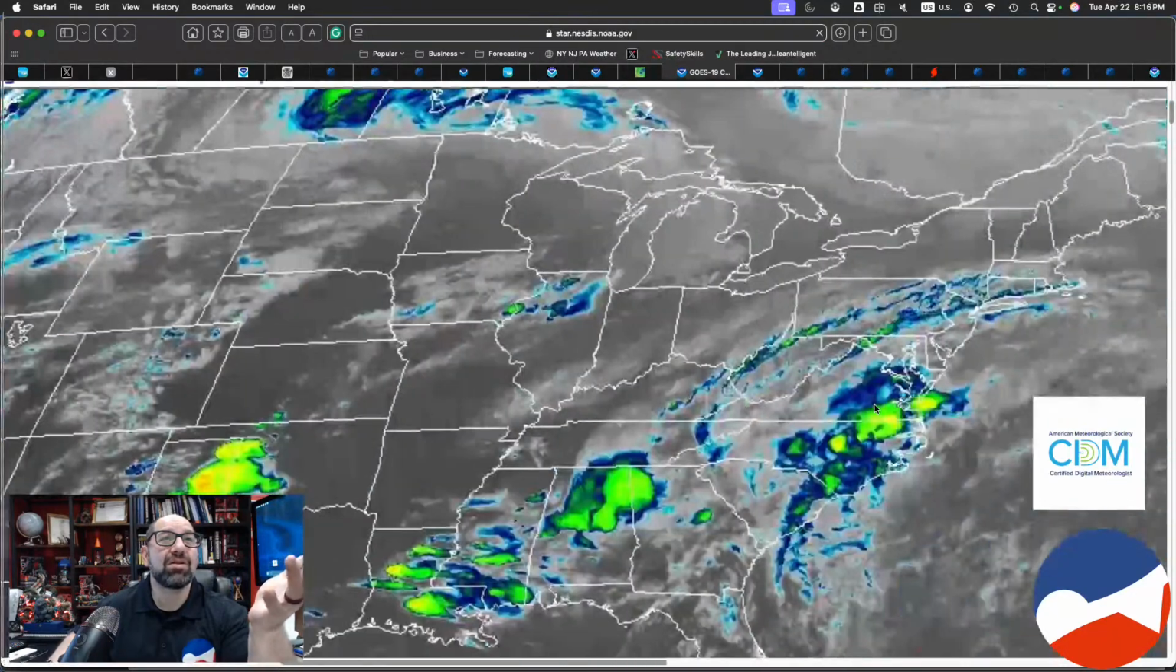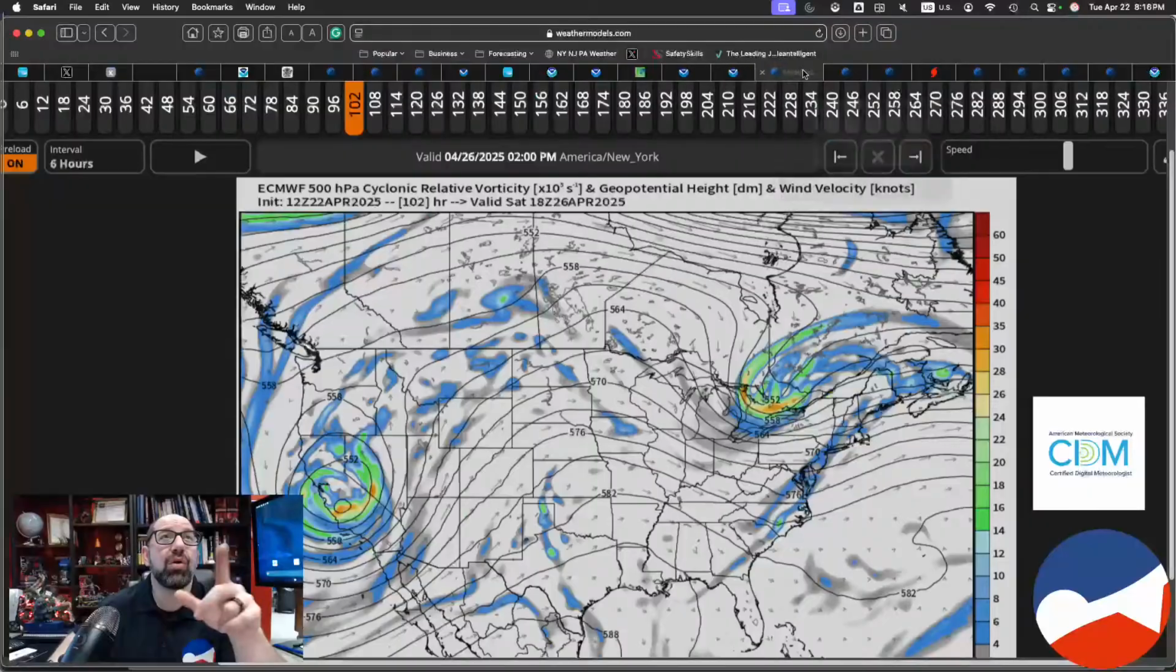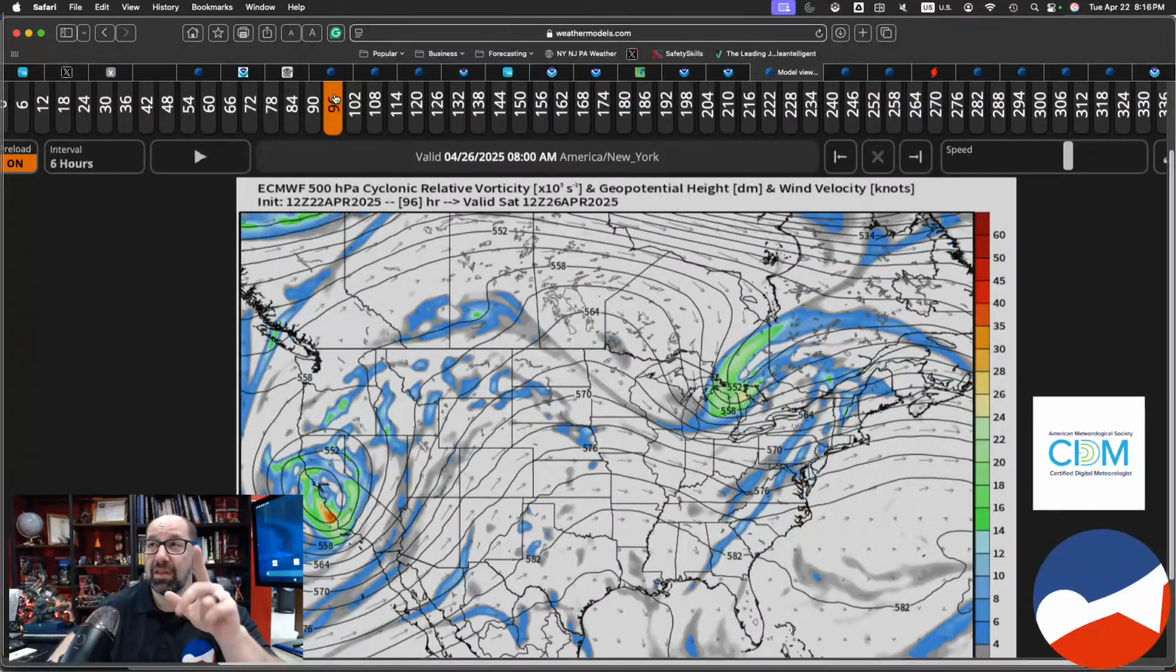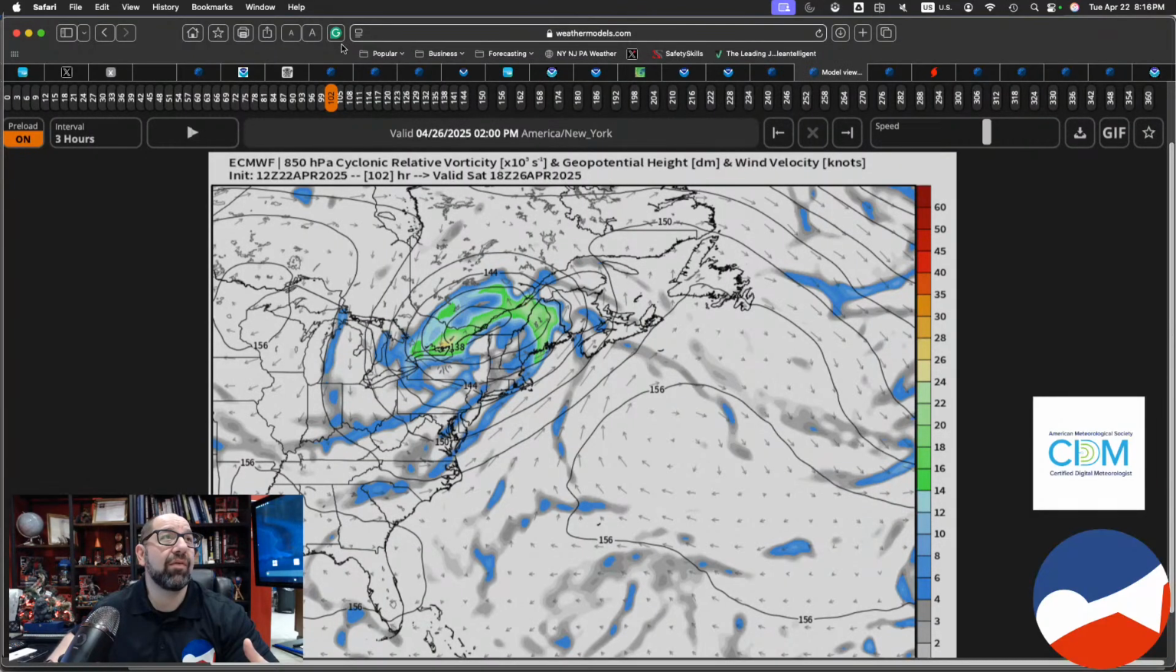I'm not really seeing much in the way of any type of impressive lifting, but we do have the potential for a cold front this weekend. So I just wanted to break down this potential cold front. In the upper levels, we have pretty good divergence and difluence. We have nice lifting over the mid-Atlantic,